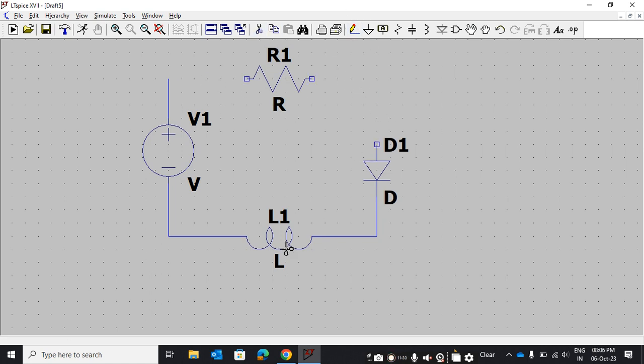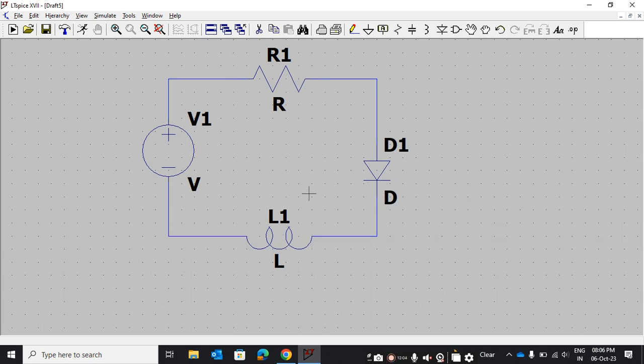A single track you can route: first you come here, then click here, then click here, then come here and click here, then come here. Like this you can also route. If you want to save your time, you can start from here, come here, come here, and automatically it will connect.